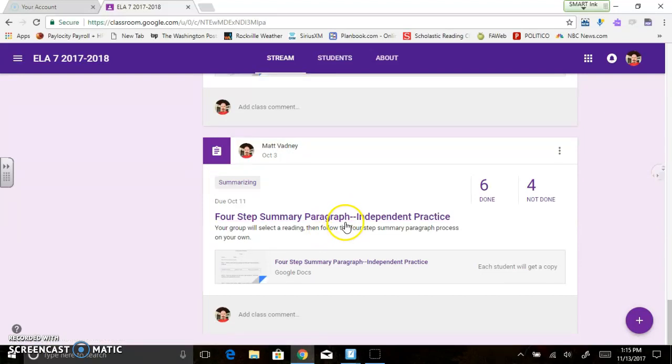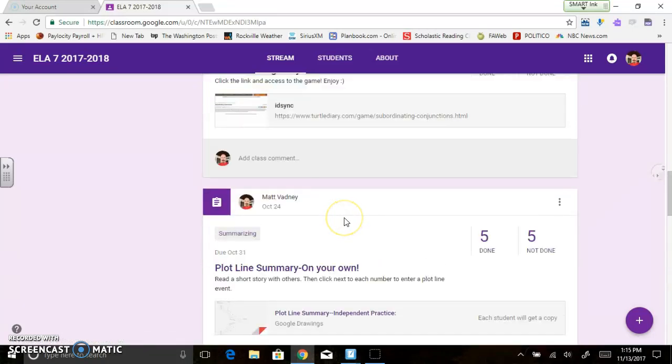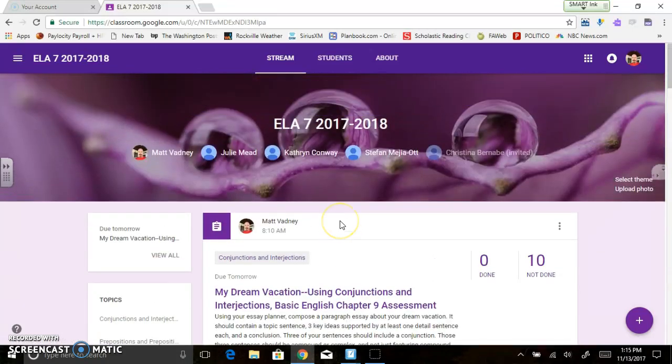Clicking on any link will directly send you to that. If I click on this, it will open up a student's assignment, or it'll open up a listing of students. I don't want to do that because this is being posted on YouTube, and I want to protect privacy. Some other features: here, if I click Students, that's how I would invite them. When I click on About,